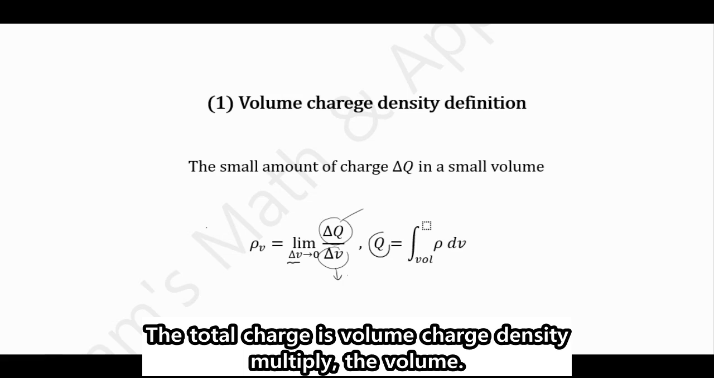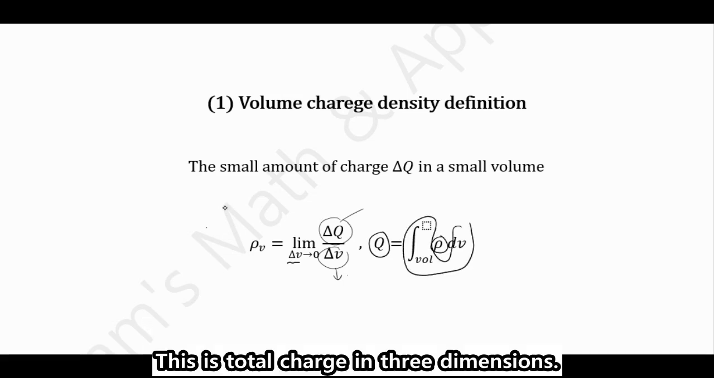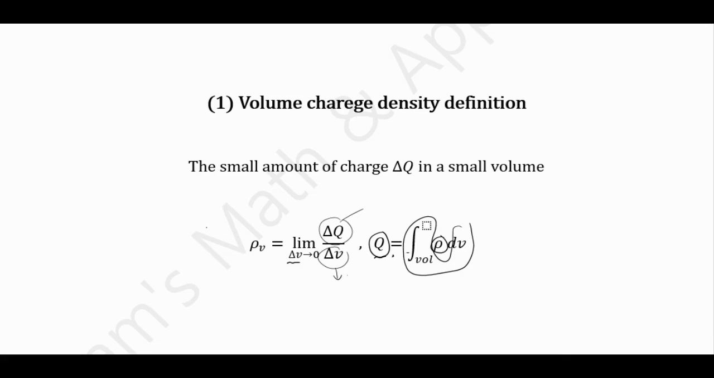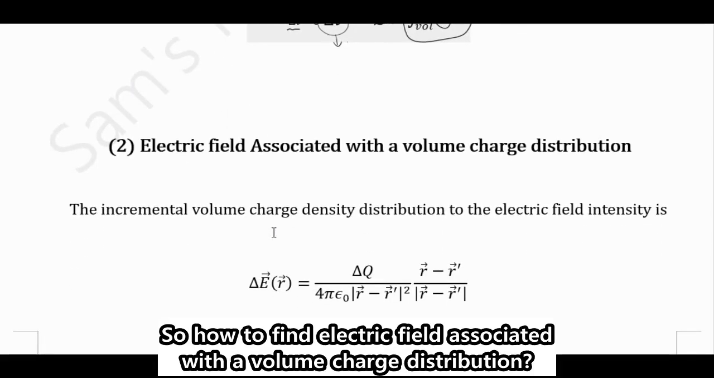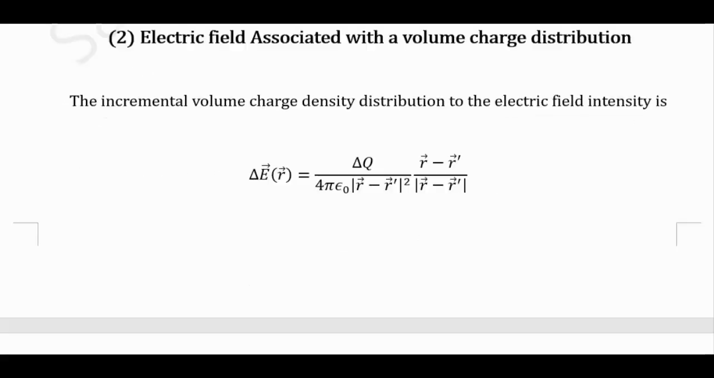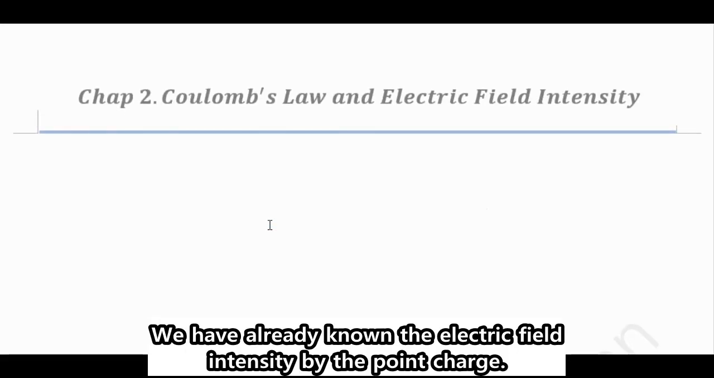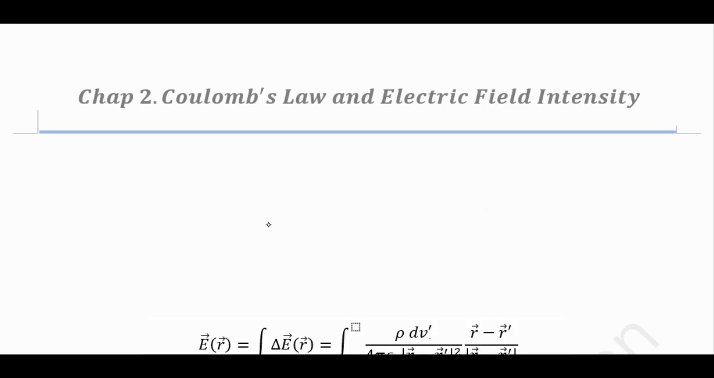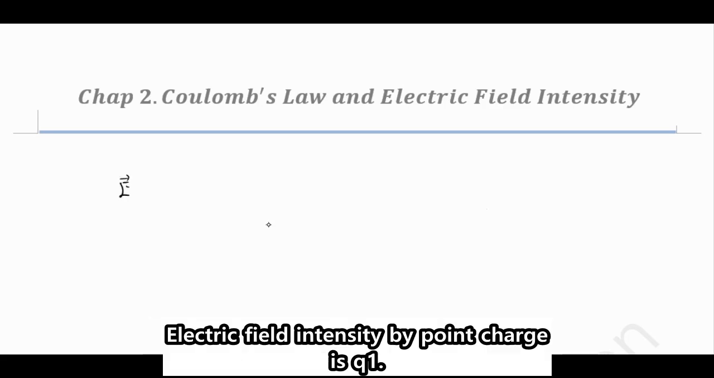The total charge is the volume charge density multiplied by the volume. This is the total charge in 3 dimensions. So how do we find the electric field associated with the volume charge distribution? We have already known the electric field intensity due to a point charge. The electric field intensity by a point charge Q1